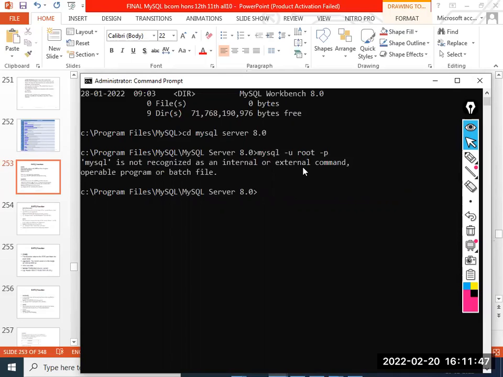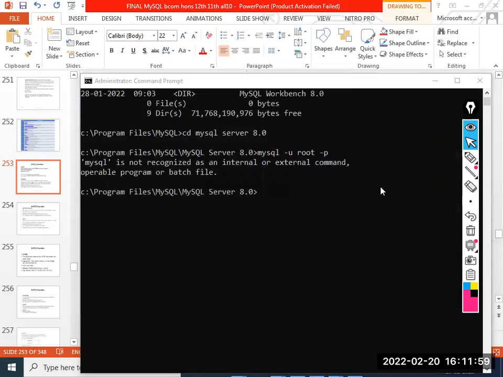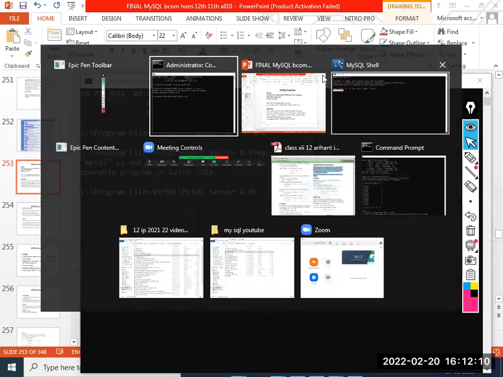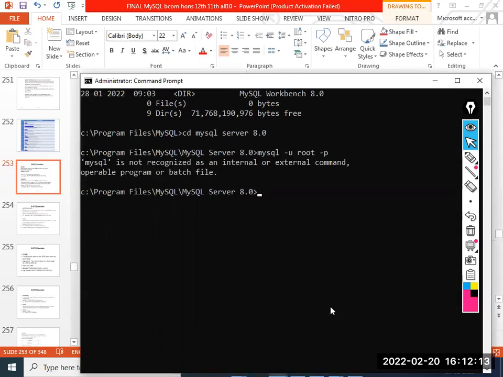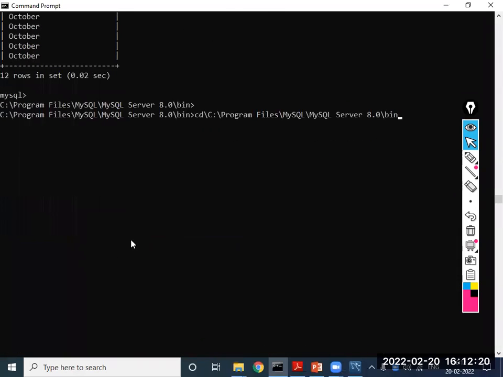When you press enter, it will ask for the password, and at that time it will open. If it says MySQL is not recognized as a command, you need to be in the right directory.